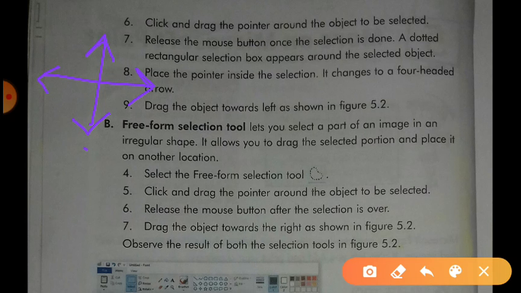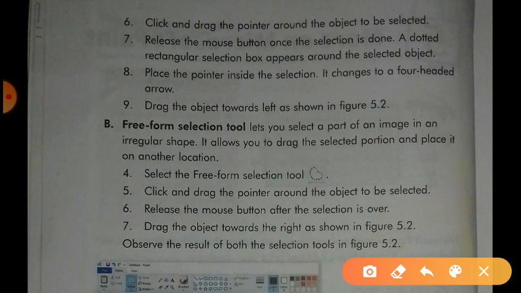Then you have to click and drag the object towards left, right, up, down as you wish.